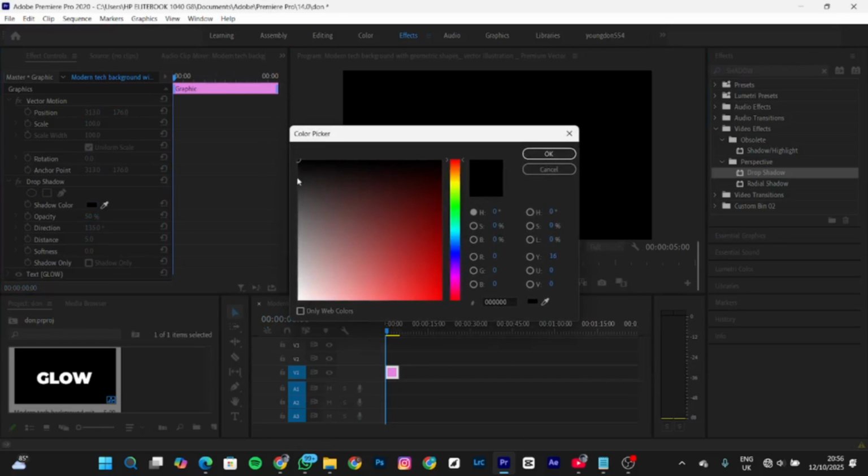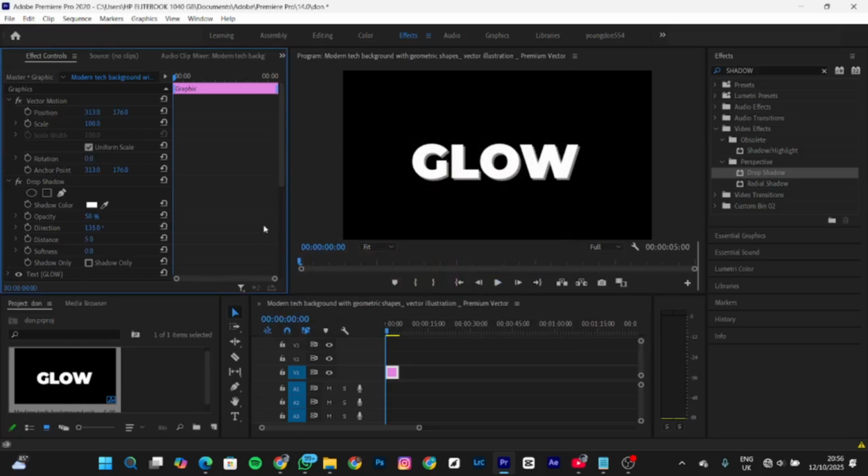Head over to your effect controls, change the color effect to white. I'm going to be changing this to perfect white. I'm going to click on continue. So you can see the glow already there. Then I'm going to leave our opacity at 50. Our direction is going to have the same value, distance 0, and our softness set to a value of